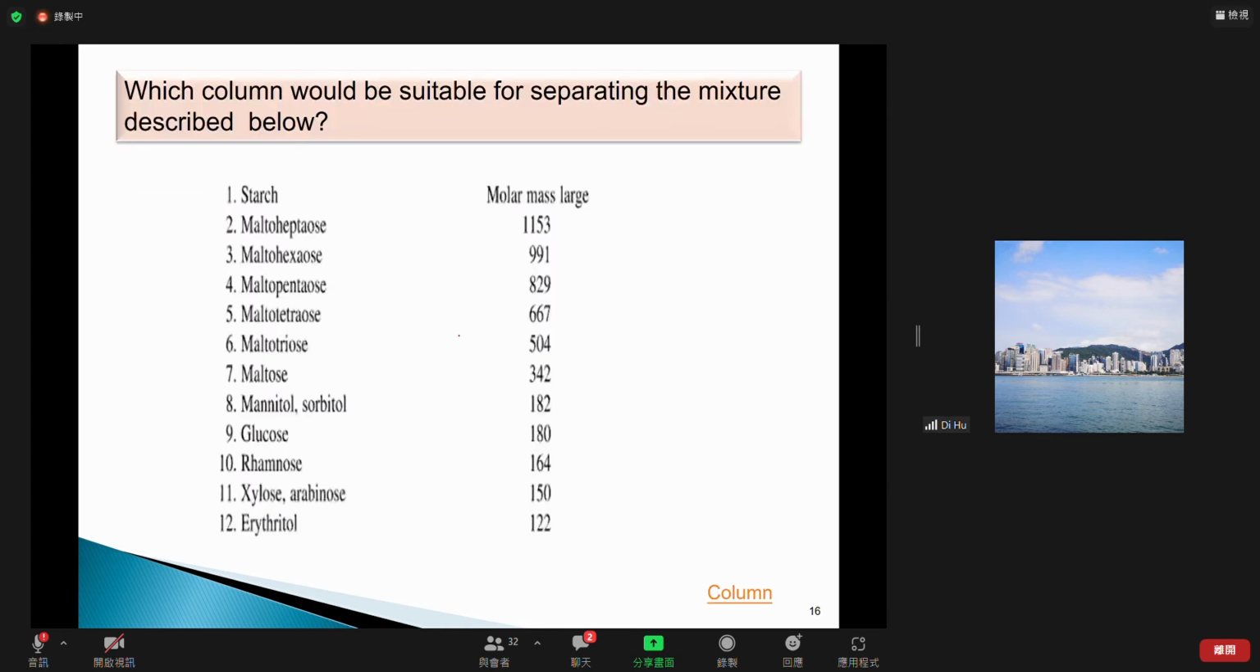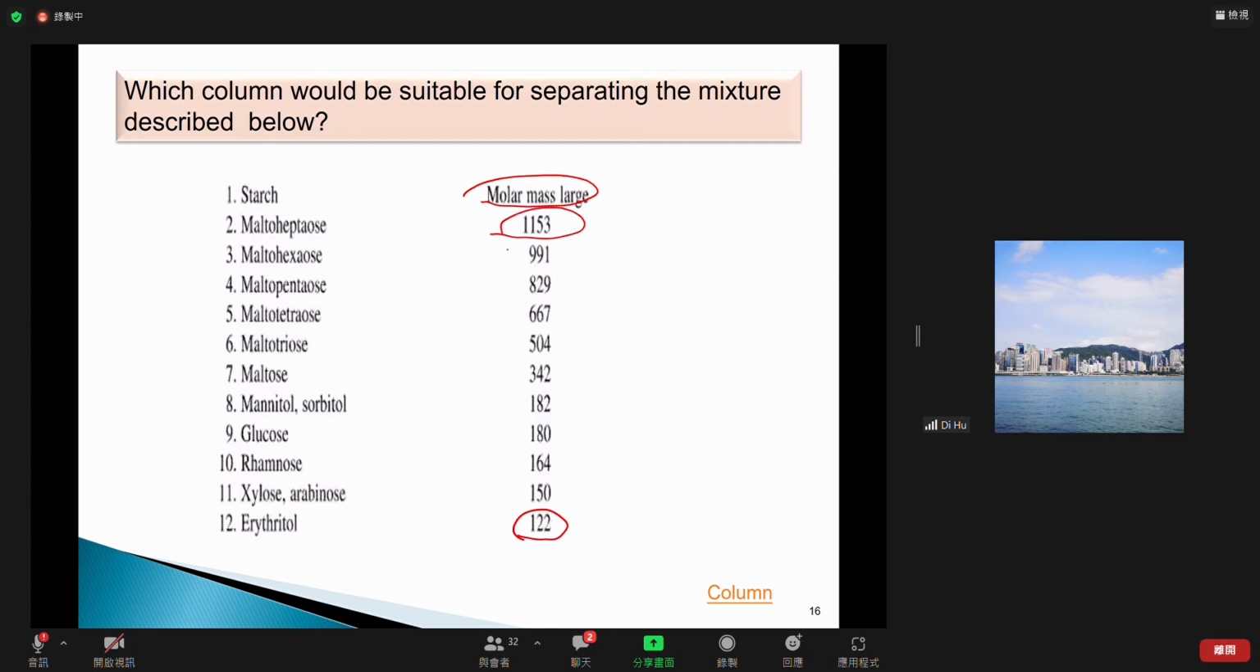For example, let's see an example here. Which column would be suitable for the separation of the mixture described here? These are some polysaccharides, sugar compounds. Let's take a look. Starch is a very large molecule, so it gets totally excluded. Don't bother to think about it. How about the other sugar compounds? They have molar masses ranging from 122, which will be the first or last to come out? The last, right? Okay, and to